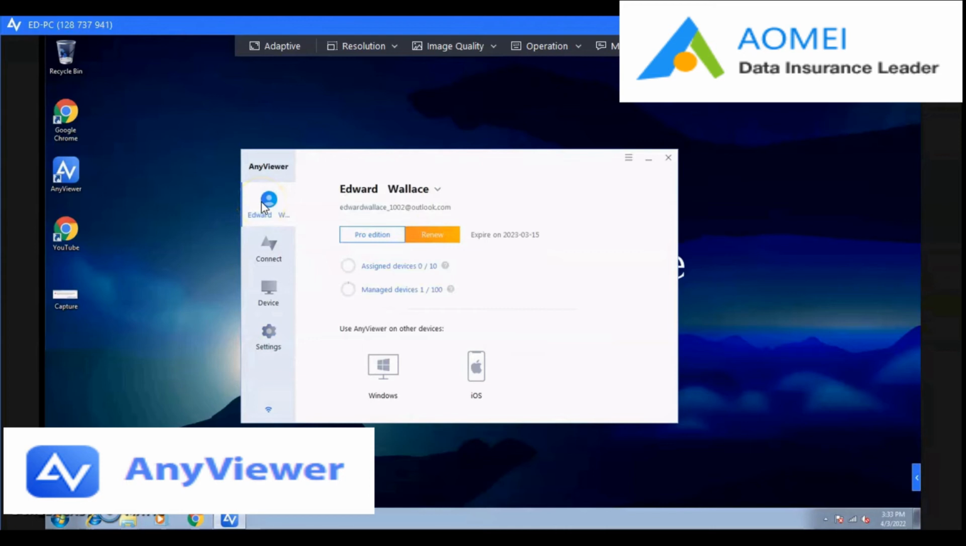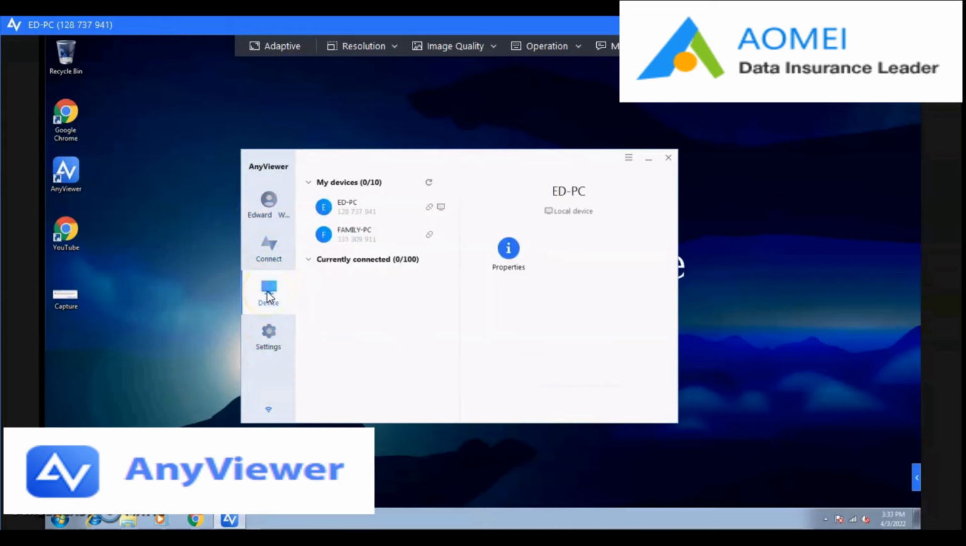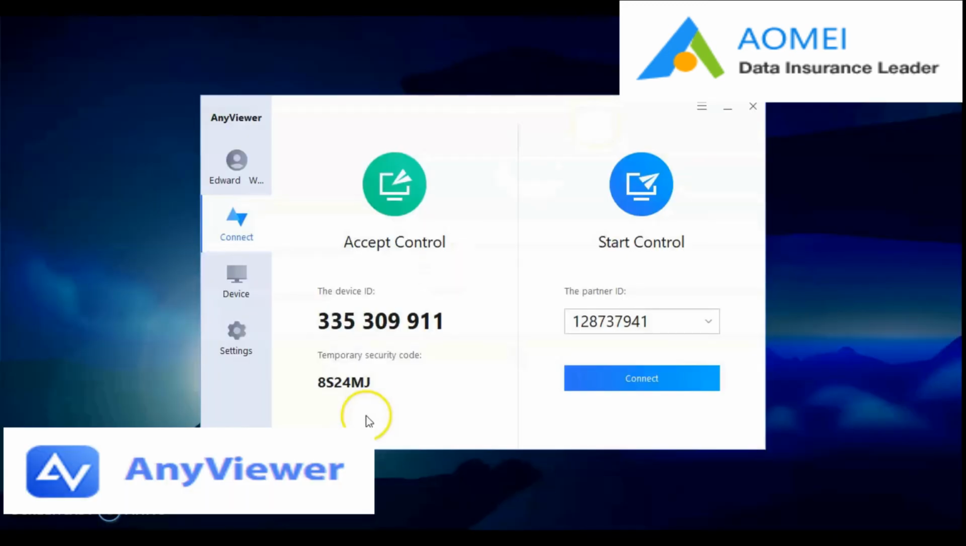So if I go up here and I click on device, both my PCs are here. So now if I click on the Ed PC, I can click assign device. And then if I hit the family PC, I can't really do anything with this PC because I'm connected to it. I'm using this to connect into this particular machine. So what I'm going to do is I'm going to disconnect,